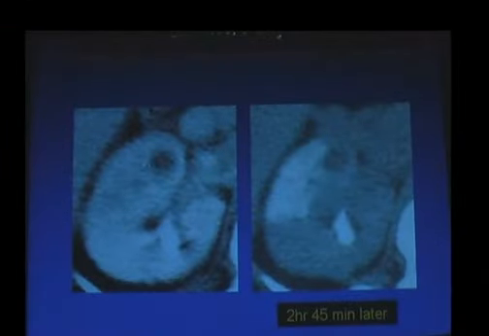This is a patient who had grade 1 injury. You can see this very subtle region of decreased density in the cortex here in the right kidney. This was actually a case that happened in the middle of the night in Philadelphia, and the resident brought the patient back, knew they wanted evaluation a little bit later when the kidney was excreting, but the patient didn't come back actually until about 2 hours and 45 minutes later. But what you can nicely see is in this region of contusion, you can see delayed enhancement in the cortex